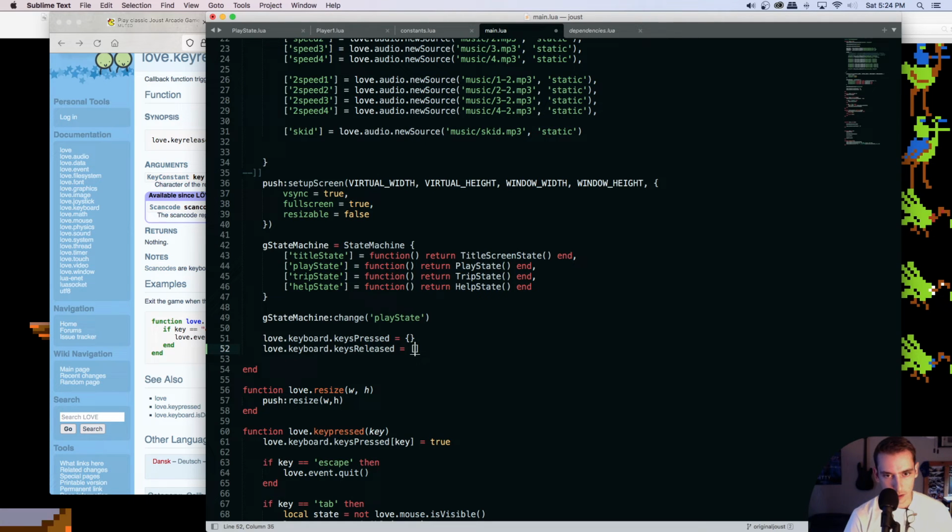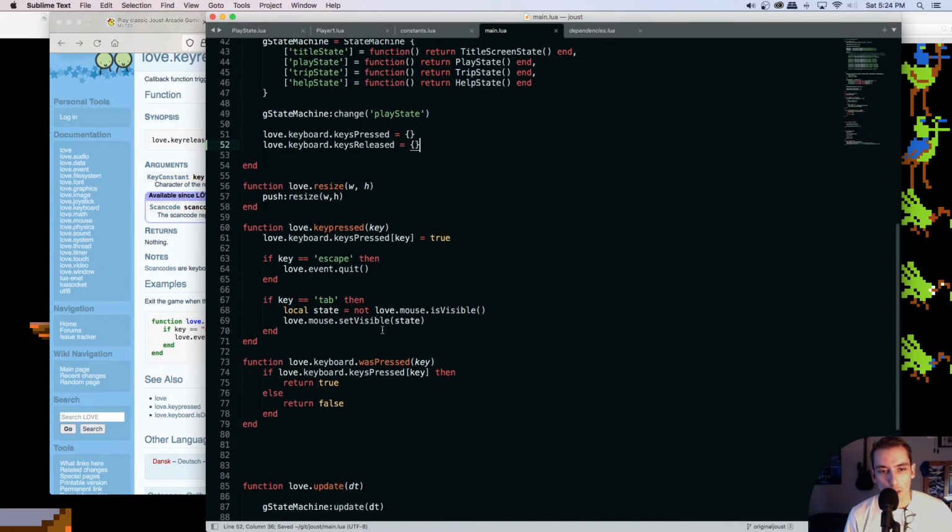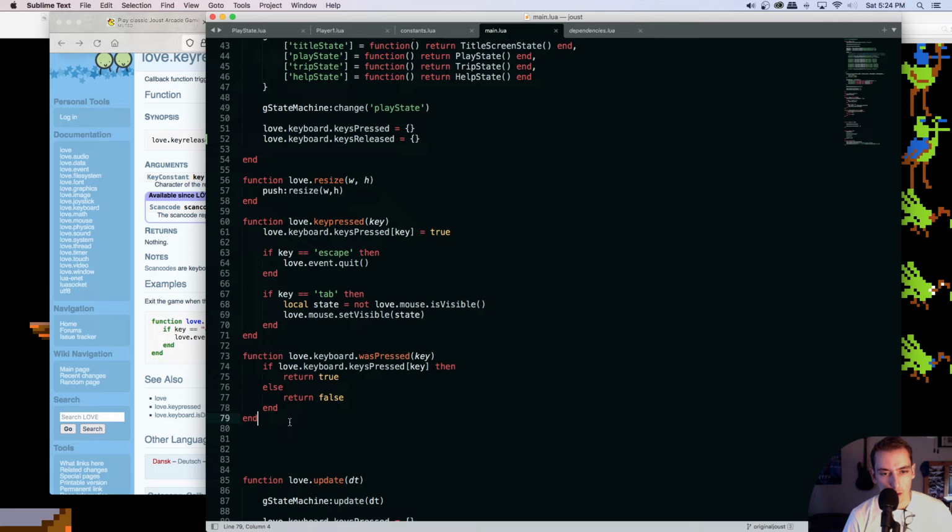Set it, the curly braces give me the table there. Then I need to do, see, look, yeah. So this key pressed key. If the key is